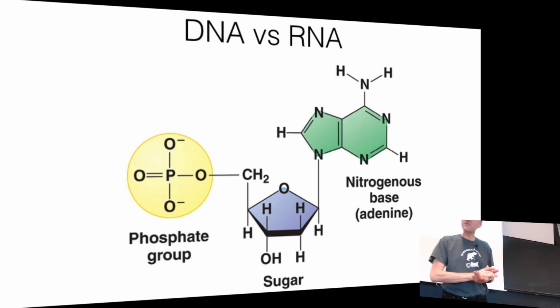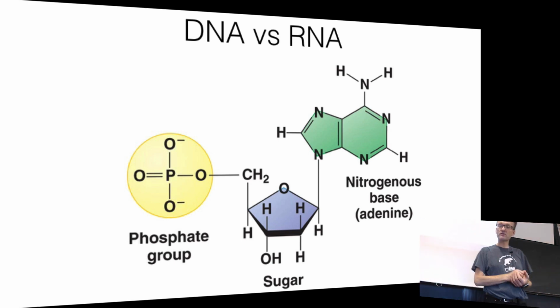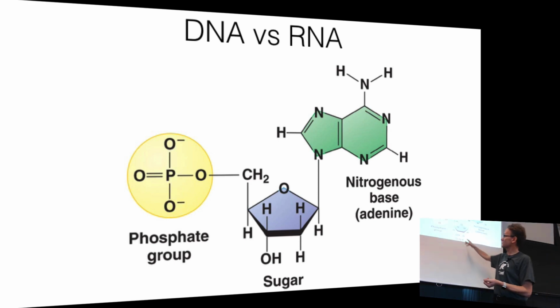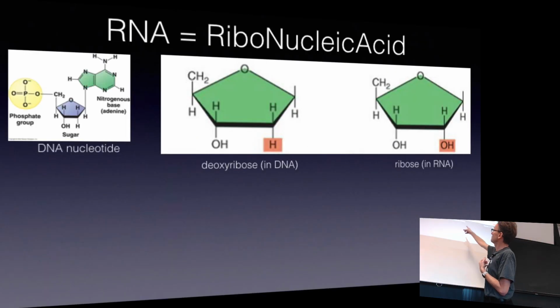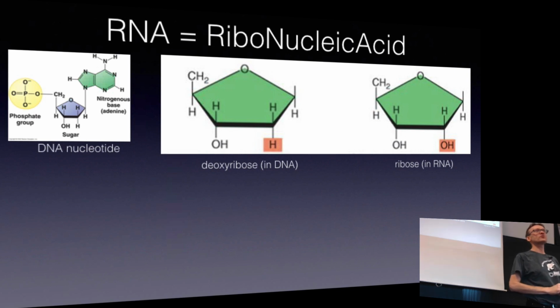There is another type of molecule called RNA, just to remember what DNA looked like. If you take that sugar, in DNA we have an OH and an H group. In RNA you have two OH groups. It's a tiny difference, but this will completely alter its stability and how it behaves. So while DNA forms a double helix, RNA typically prefers to be a single strand.